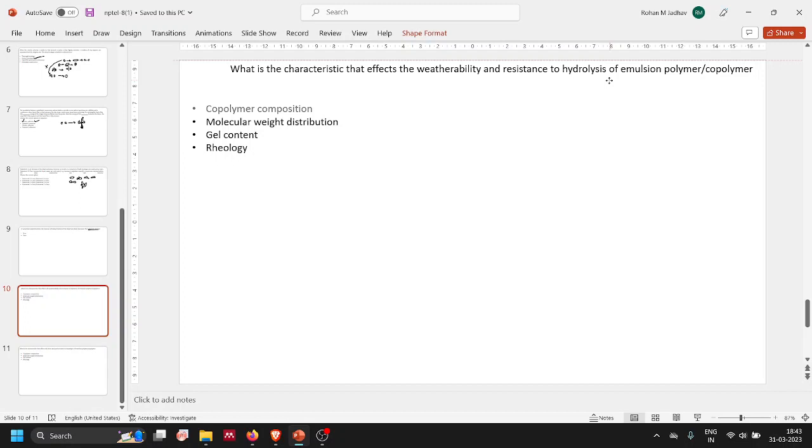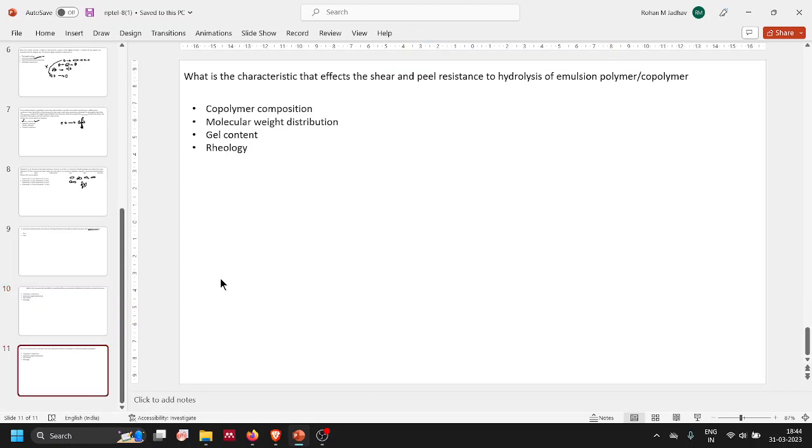Next question we have: what is the characteristic that affects the shear and peel resistance of emulsion polymers and copolymers? Previously we saw the weatherability and hydrolysis properties, which were dependent on copolymer composition. Now we are seeing shear and peel resistance. Peel resistance is determined by intermediate molecular weights, which is usually seen for adhesives, since if you're easily able to peel off an adhesive, it's not good enough, right? So that's why intermediate molecular weight adhesives are used for